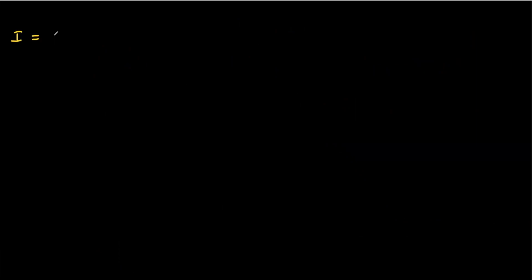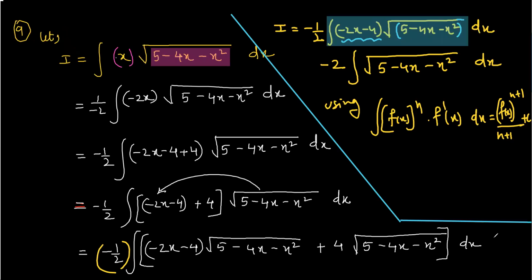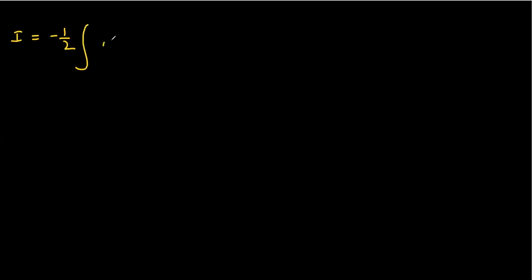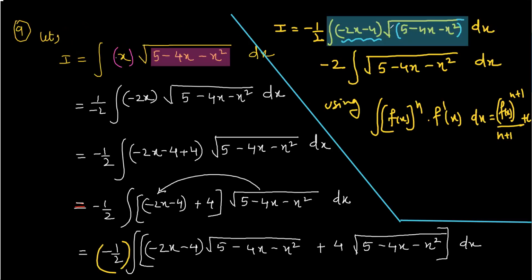I equals, you have negative 1 by 2, integral of 5 minus 4x minus x square raised to half, into minus 2x minus 4 dx. What I did here is write the square root as raised to half, into minus 2x minus 4 dx, the first integral,